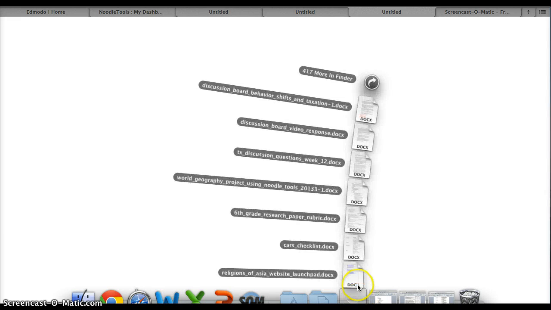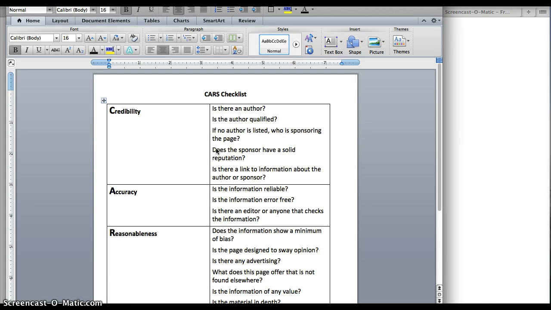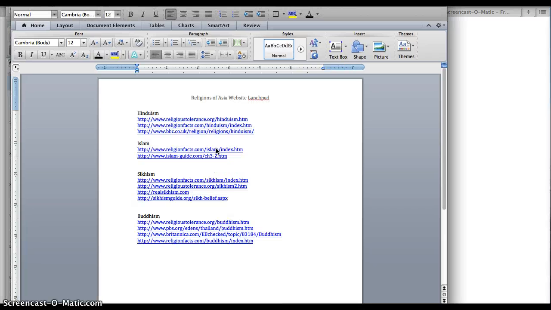Now the website launch pad is something that I put together, and it's a way for them to start their research without feeling overwhelmed. So it's just a short list of websites that I deemed credible, and students are required to find at least one additional source outside of these for the purpose of their research. Now, if you're doing Islam, of course, you're going to have to probably find more than just one, but some of the other ones,